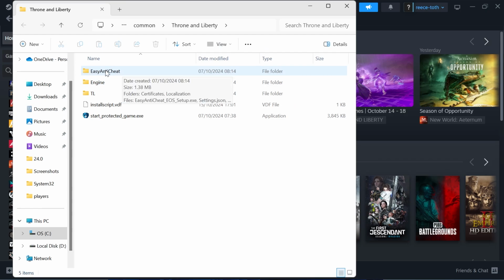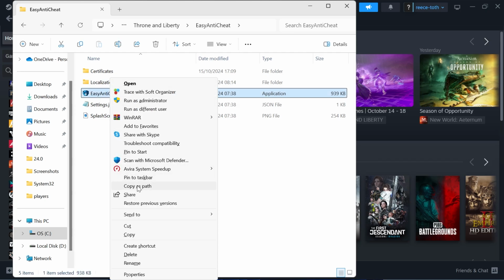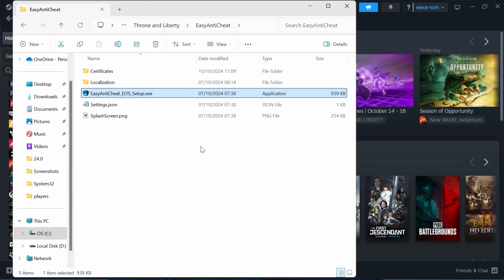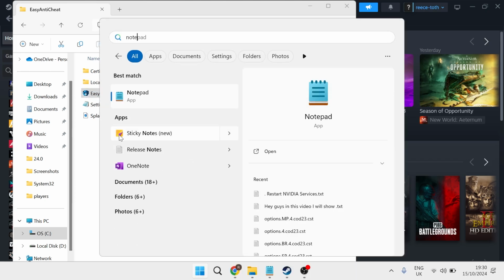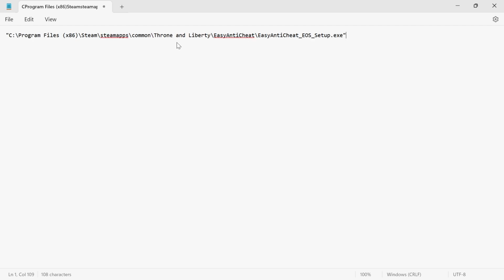From this folder, double click on Easy Anti-Cheat, and then while holding the Shift key on your keyboard, you need to right click on Easy Anti-Cheat. This will bring up the settings menu and you need to select Copy as Path. Then head over to the Start menu and search for Notepad. Then what you need to do is just paste the text we just copied from the path,